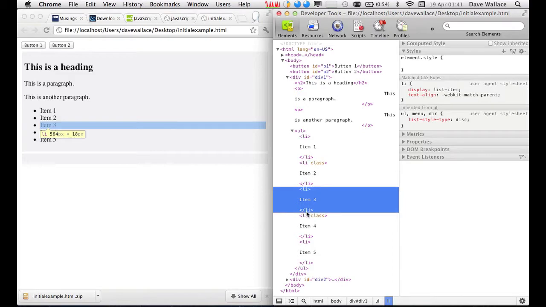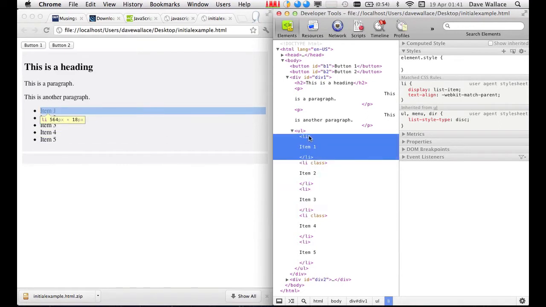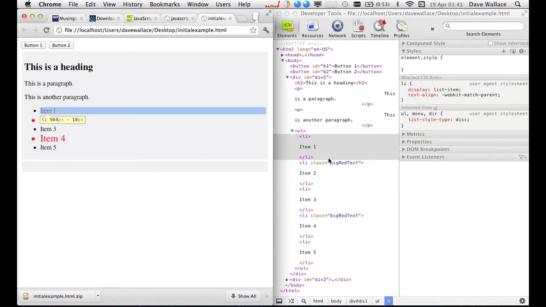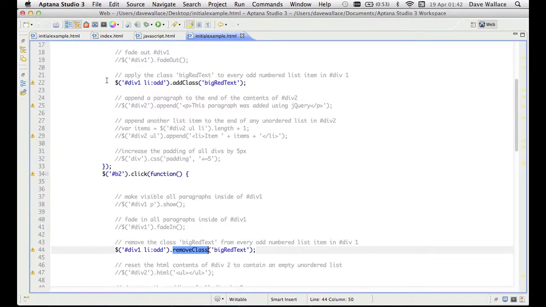So this is what we're talking about when we say the DOM, the document object model manipulation. All we're essentially doing is inserting bits of extra code into the HTML, and then the browser just reprocesses that. So from the browser's point of view, all it's seeing is that it's added that class attribute Big Red Text, and it's just re-rendering it based on what the HTML is. Okay, and it's the JavaScript that's manipulating the HTML. Okay, next example is,